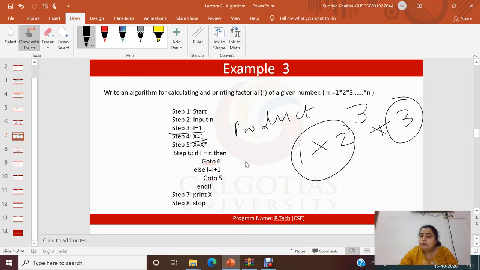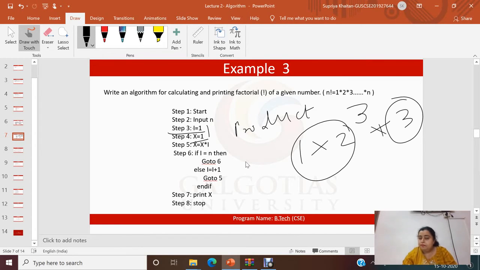Every time again we are incrementing a number, but this time instead of finding a sum, we are finding a product. It's similar to the previous algorithm that we have done. The only difference is now we are taking a product, factorial. So we have initialized both the values as 1. Because if we initialize it as 0, any number multiplied by 0 becomes 0. That will be of no use at all. So we need x and I as 1.